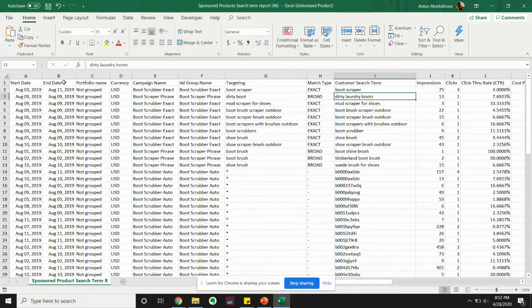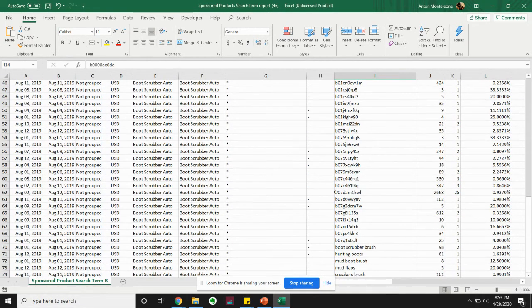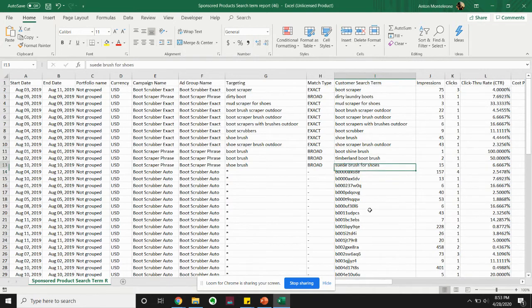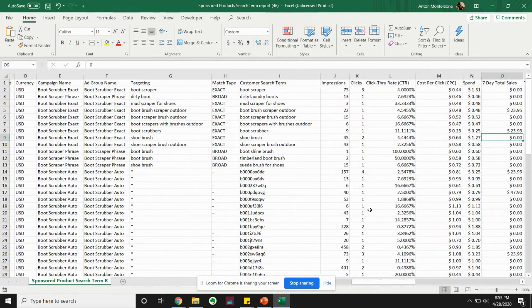For example, dirty laundry boots. That's a broad match of dirty boot. For exact match types, we'll just have the exact same thing. And for these stars and dashes, this shows that it's an auto campaign. So there was no targeting and there was no match type, and this is what came out. It's often a lot of ASINs, as auto campaigns will match with ASINs, but there's also a couple of search terms there. This shows us impressions, clicks, the click-through rate, the cost per click, along with the spend, and then